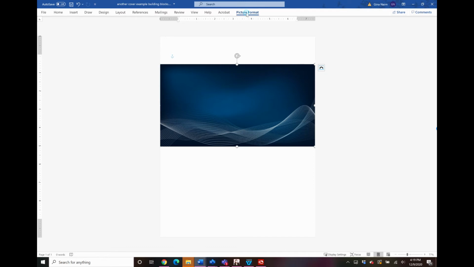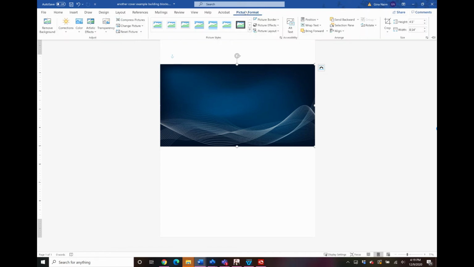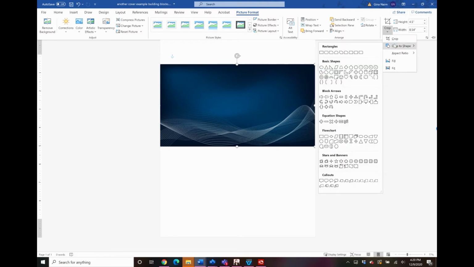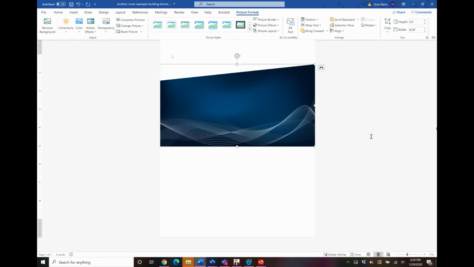And then under picture format and crop, this time I chose a different shape. So in your shapes, there is under flowchart, and I really think flowchart has some of the coolest ones to use. There is this manual input symbol. So that gives you this cool slant.